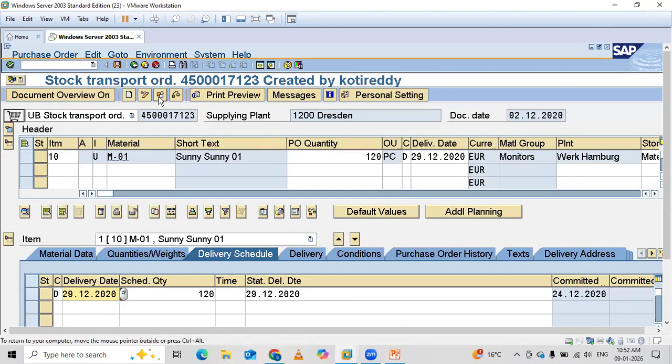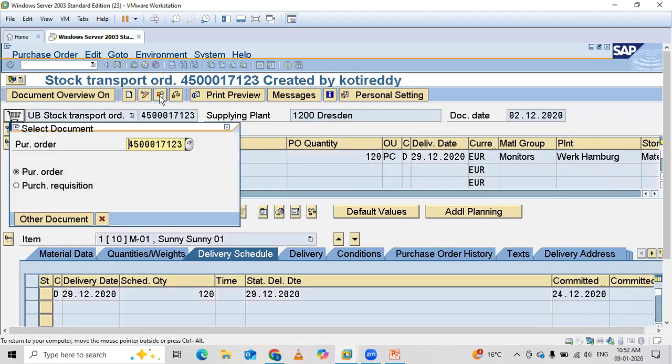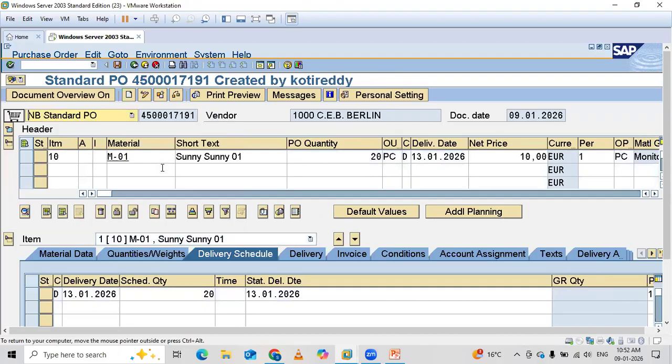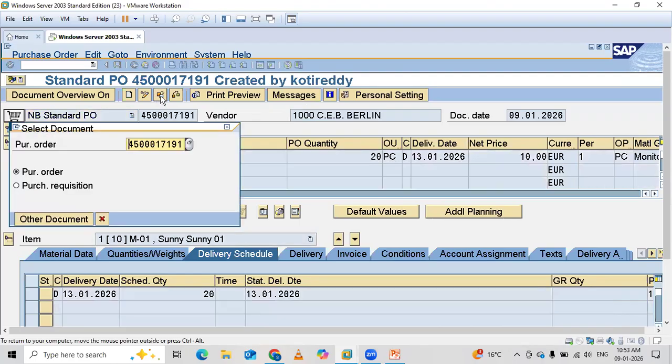Here you need to click it here, other purchase orders. We need to paste our purchase order. Then click enter.